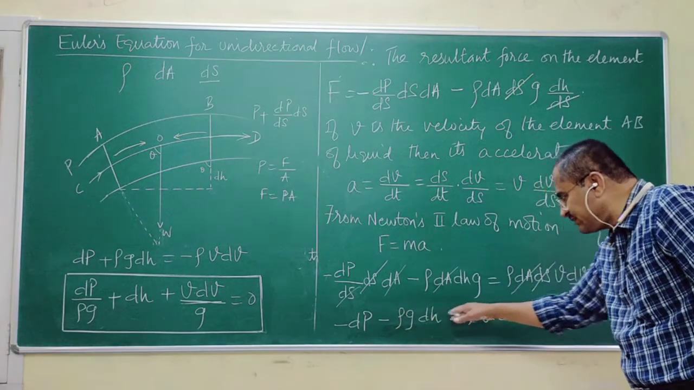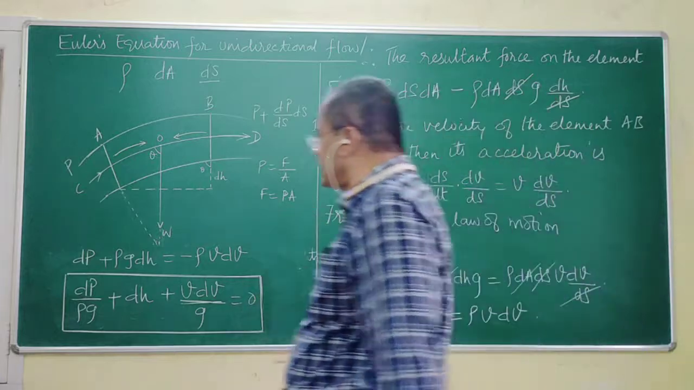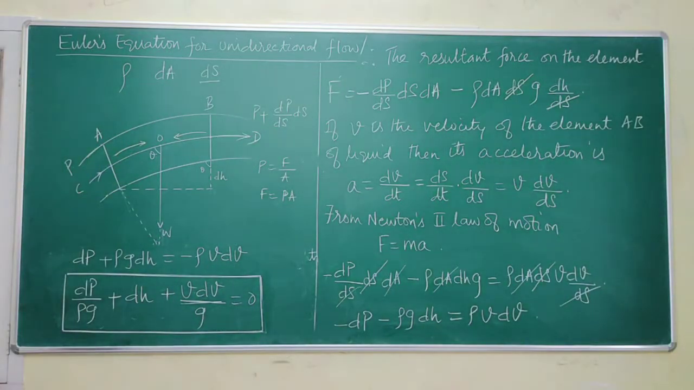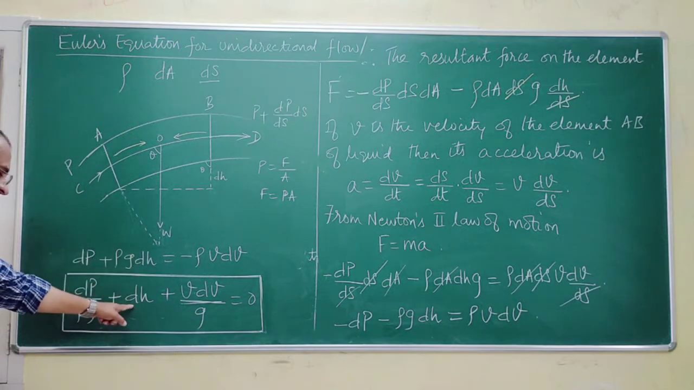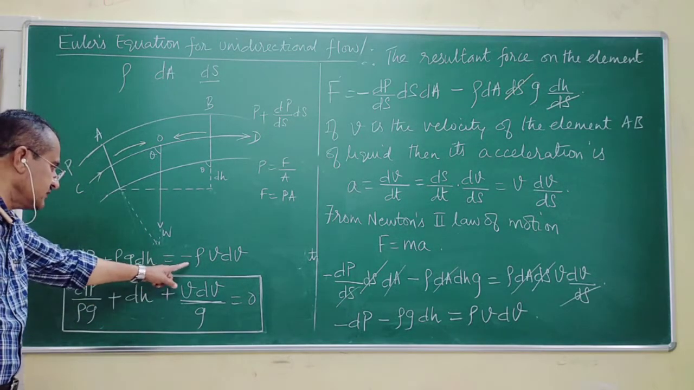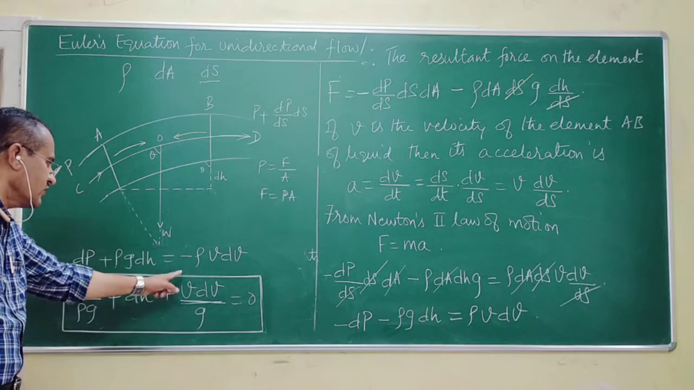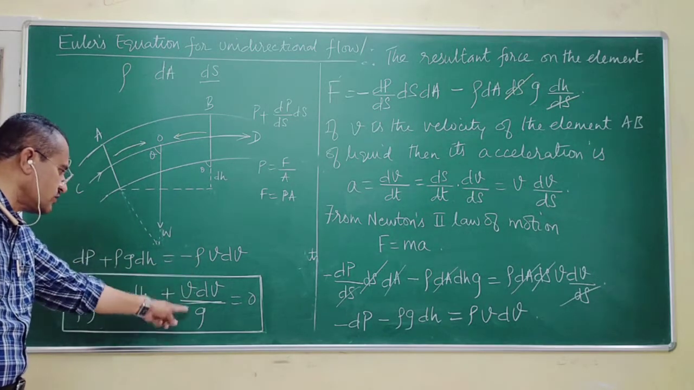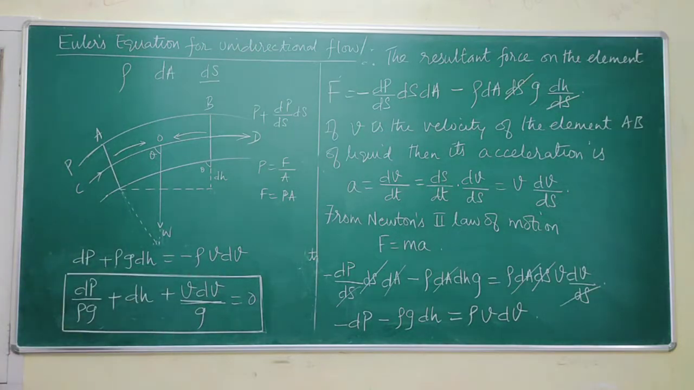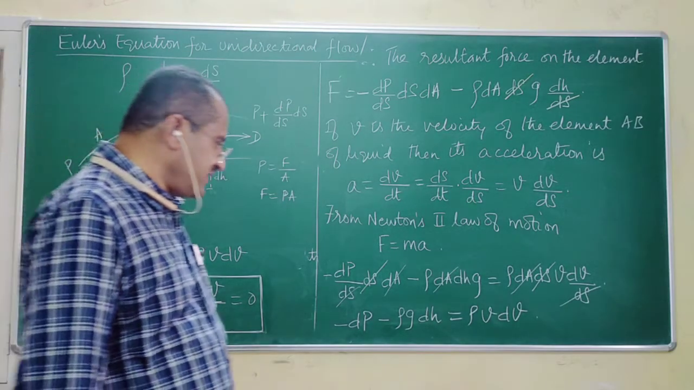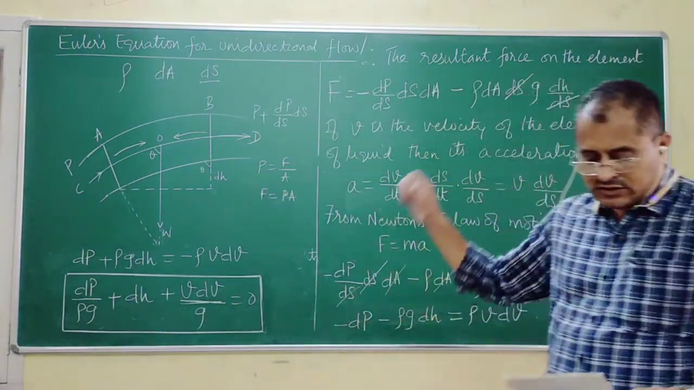This expression I am multiplying by minus sign throughout. Therefore, I get dp plus rho g dh is equal to minus rho v dv. This expression I am dividing throughout by rho g. If I divide by rho g, dp by rho g plus rho g goes off to give me dh plus, this is brought this side, therefore it's a plus v dv by g, is equal to 0. This expression dp by rho g plus dh plus v dv by g is equal to 0 is my